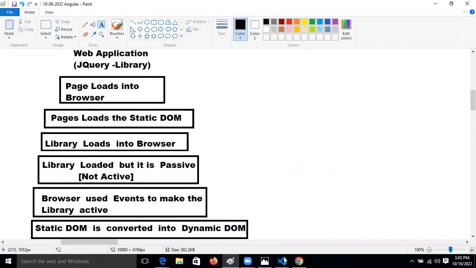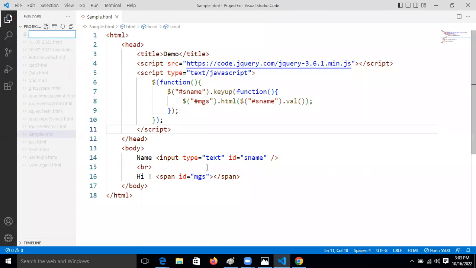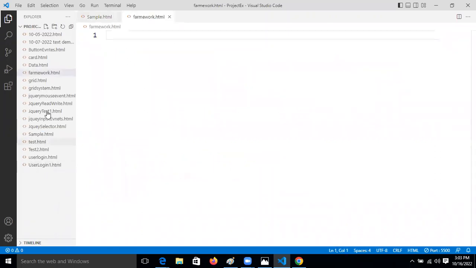So this is a simple application. Let's take this application. Now I'm creating one more application, framework.html. Okay, good. Now in framework.html,